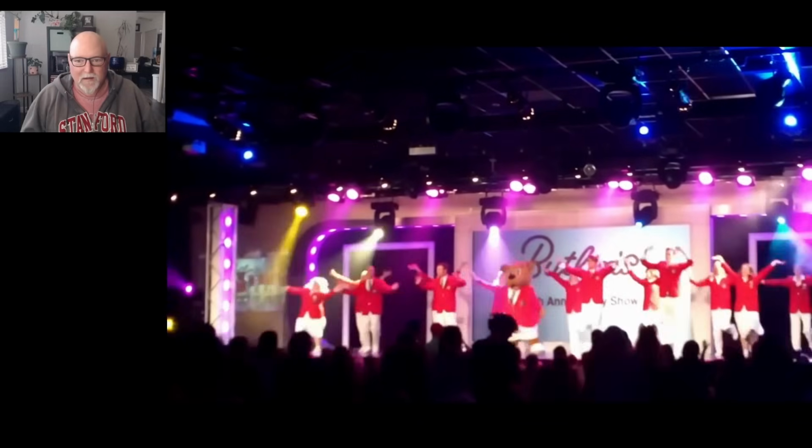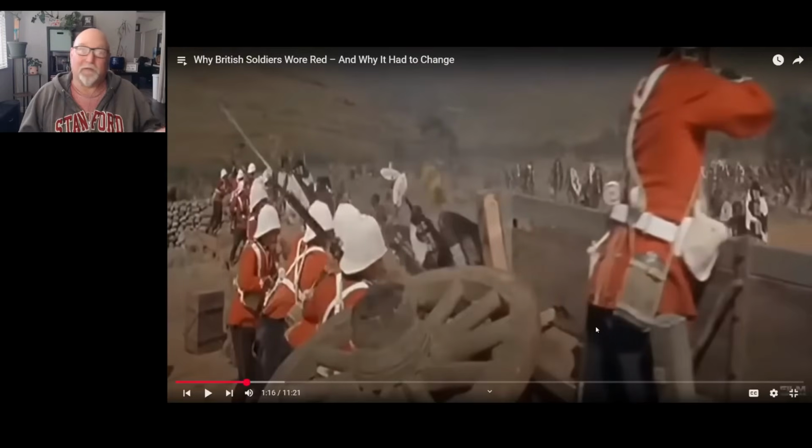But before that, the distinctive uniform was actually an advantage. The red coat was feared, and not just by people who'd been to Butlins. Joke for the Brits, that one. On the battle...